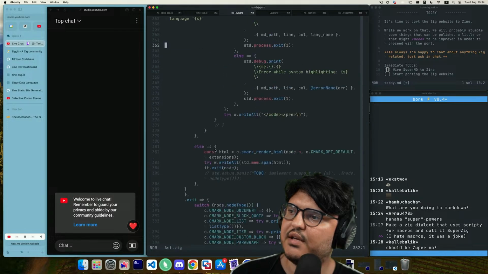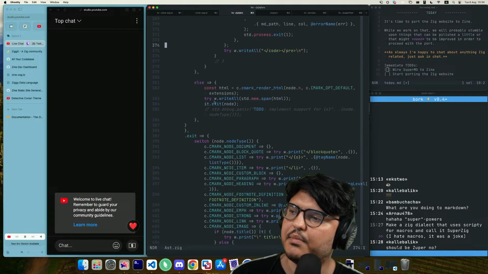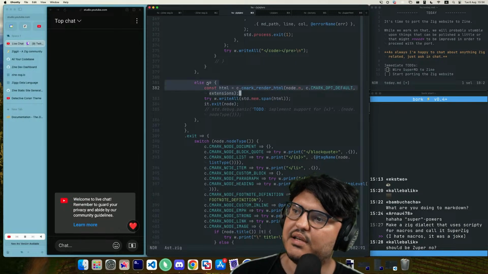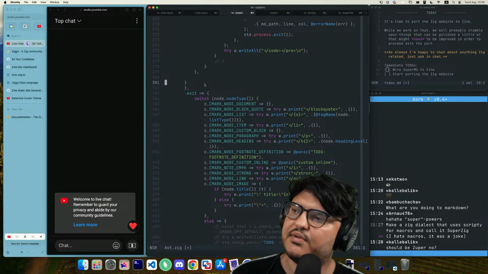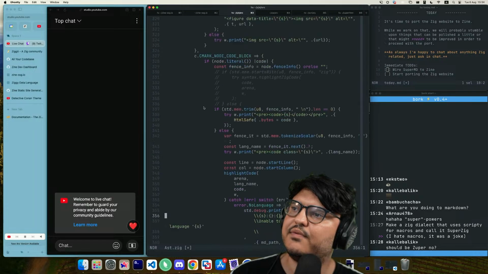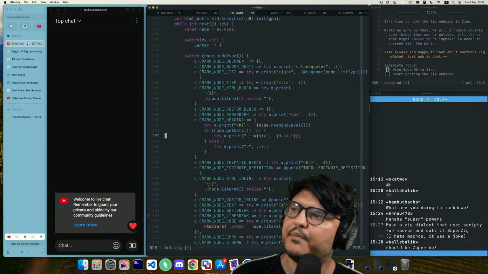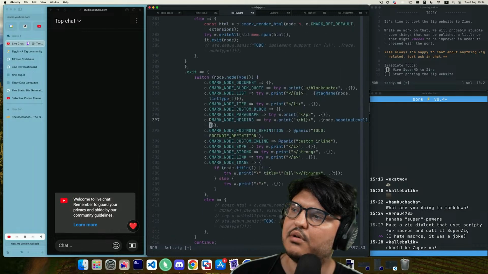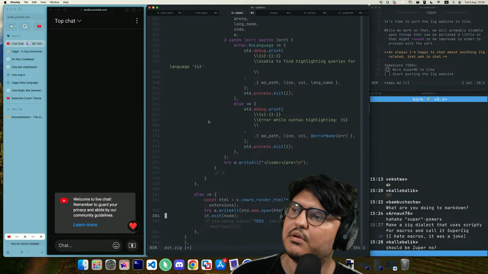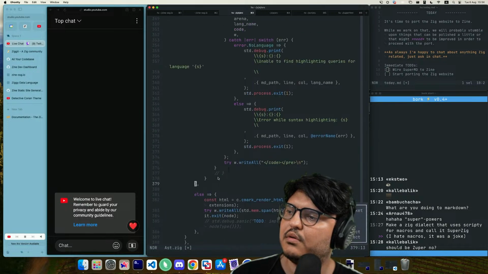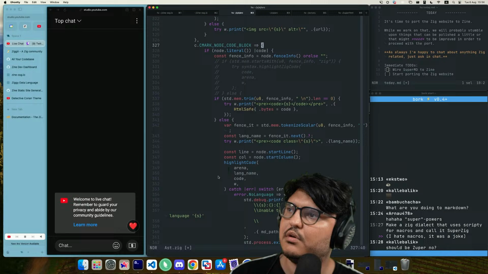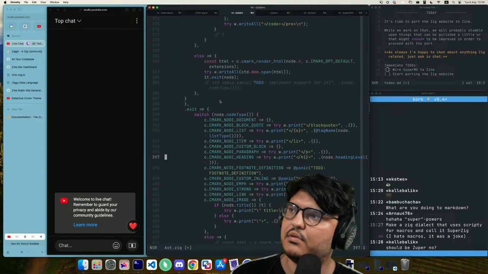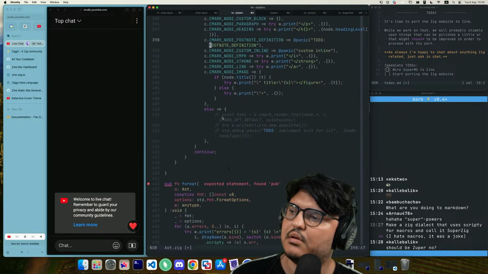Switch with a bunch of cases. What is this else all about? I think this else is alien. No, this else is for this switch. Okay, so this is all correct then.